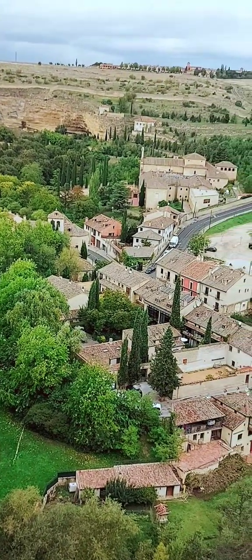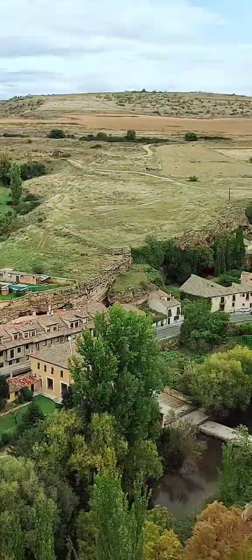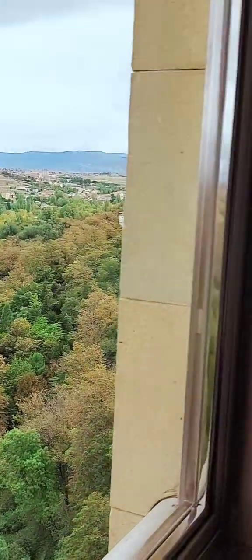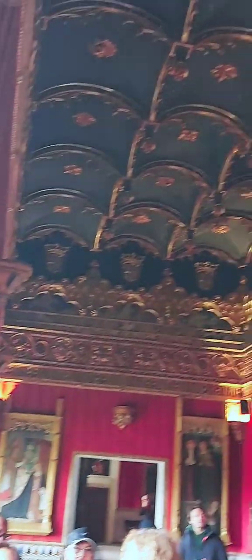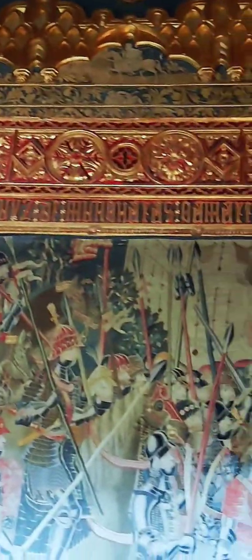San Juan de la Cruz. You took the picture. Because they were traveling, you know, traveling, founding convents, he did that monastery, and he wanted to be buried in there, because